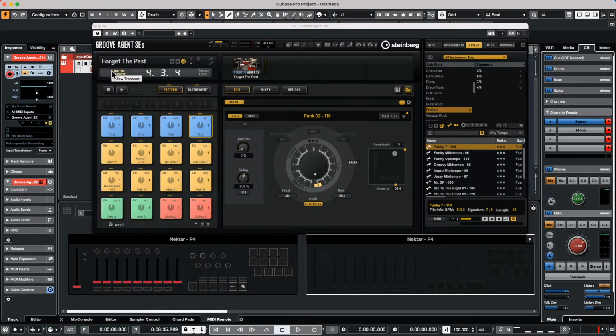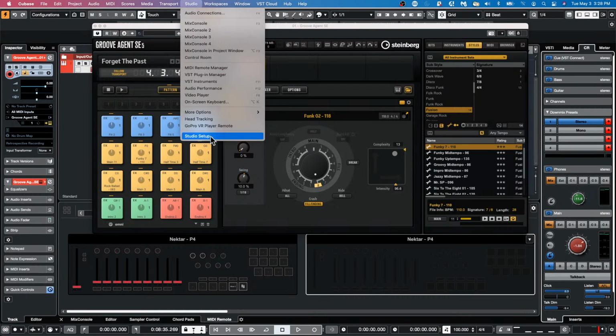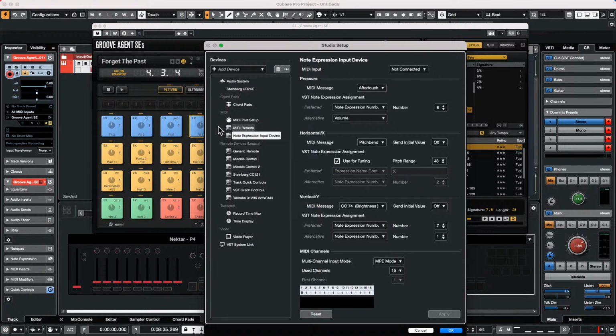Okay, so we see from Mark, hi, I own a Nectar P4. In previous Cubase versions, I had a script that mapped it to various functionality automatically. Did we lose this feature with the new MIDI Remote feature in Cubase 12? So that should still be there. You may have to re-enable it, but you have the capabilities in Cubase 12 to do your own remote. But the existing remote configurations that you have should be working the same way, but you may have to go into the script, so if you get to your studio setup here,